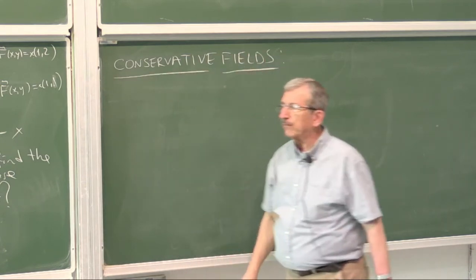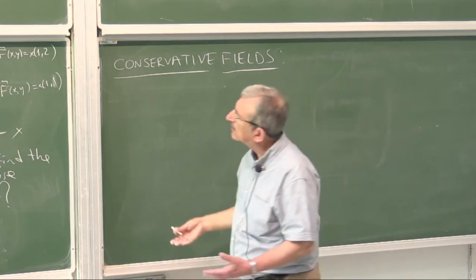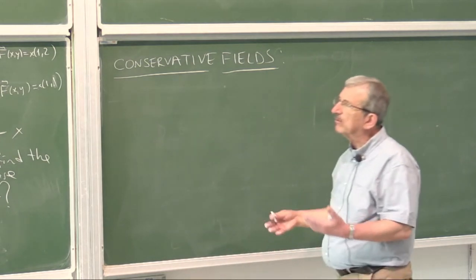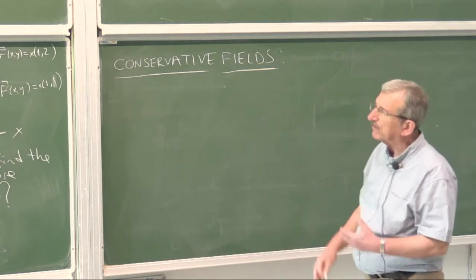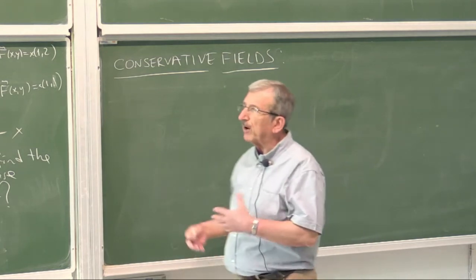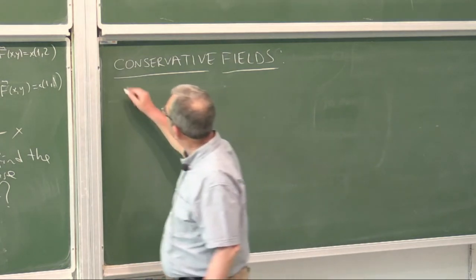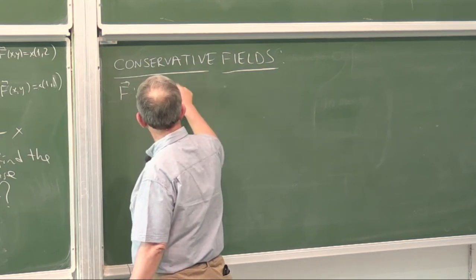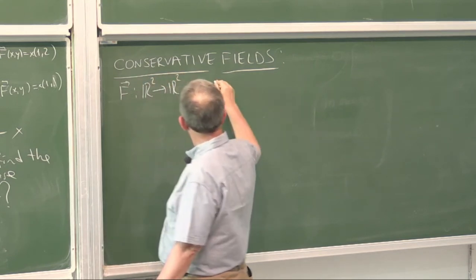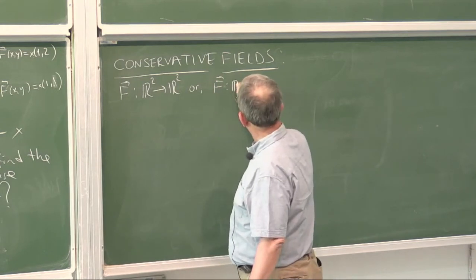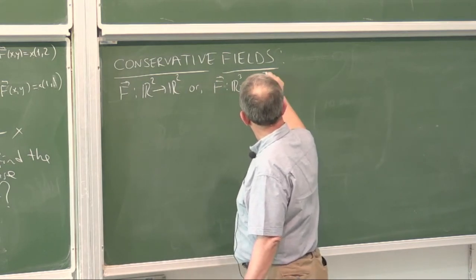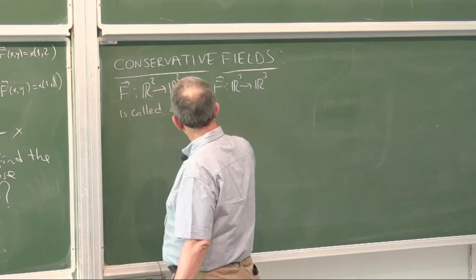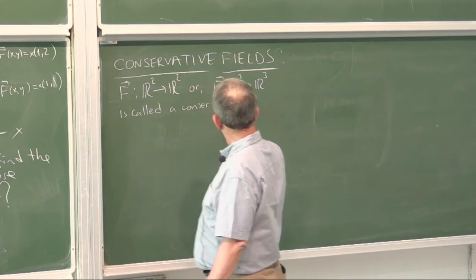Well, what is a conservative field? Well, a field, of course, was a function. When we talk about conservative fields and so on, we are talking about vector fields in general. So F from R2 into R3, or F from R3 into R3, is called a conservative field